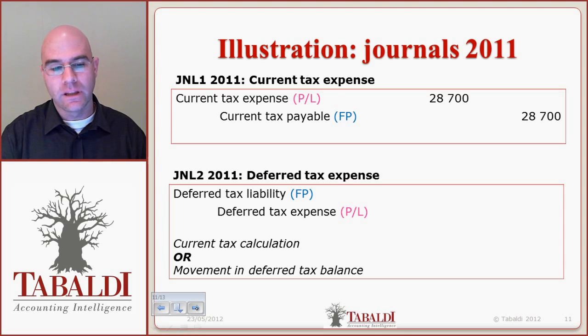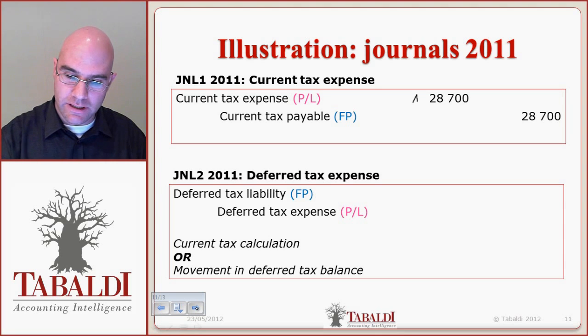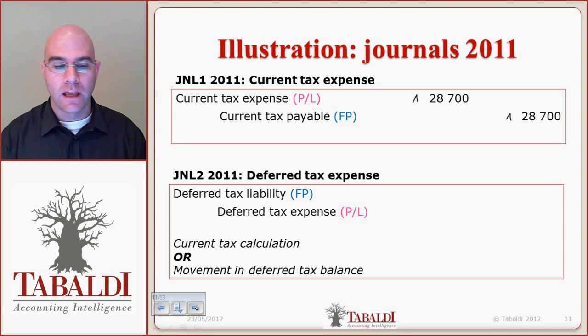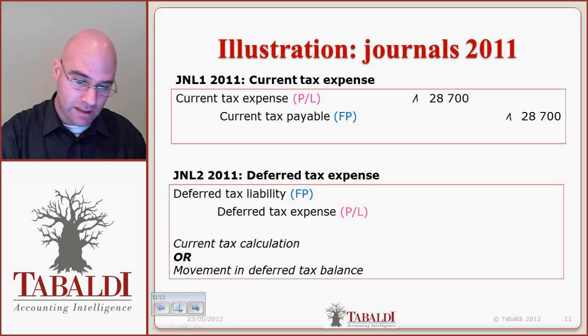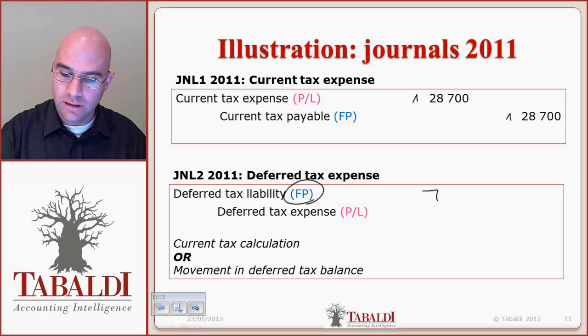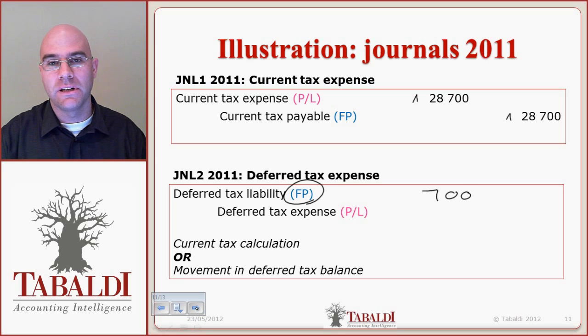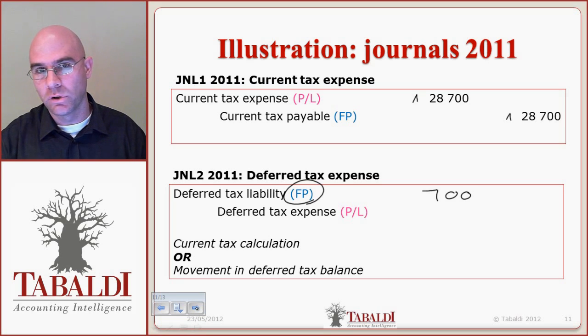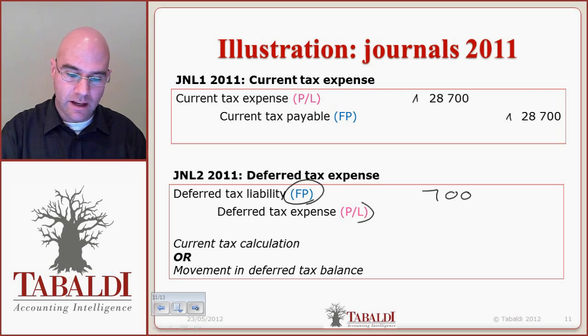In 2011, the current tax was based on the increased taxable income and the deferred tax expense. Well, here we reversed out that deferred tax liability, so I needed to debit the liability. I make a liability smaller by debiting it, and the other side goes to deferred tax expense, profit and loss,